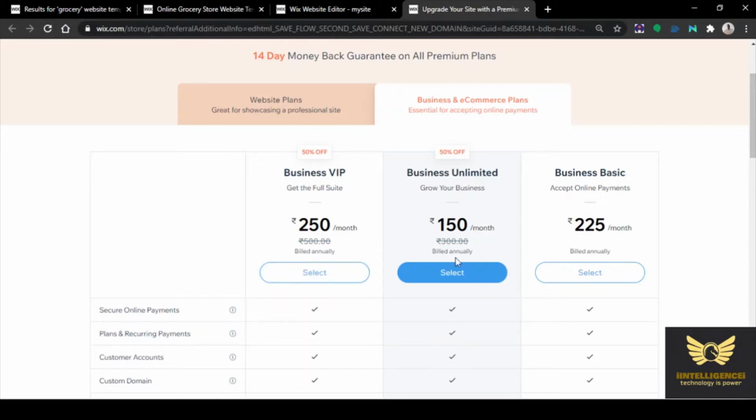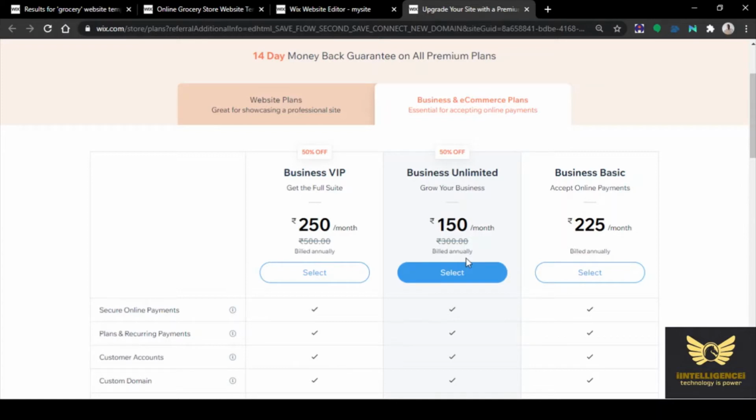So the price is also given, 150 per month, business unlimited. It is billed annually, that is, 12 months you need to pay at the start. Right, so 150 into 12, actually it costs 300, but 50% off. Or you can choose business VIP 250 per month or business basic 225 per month.